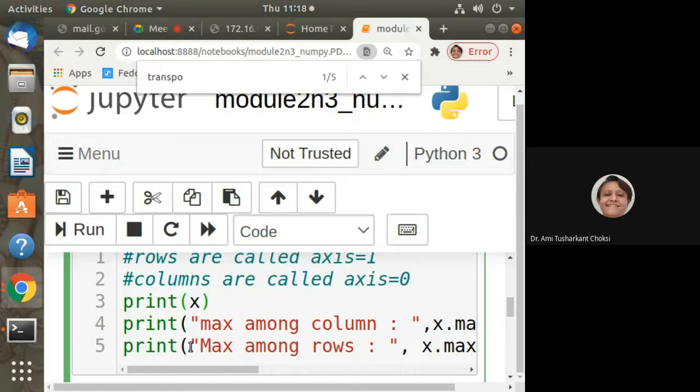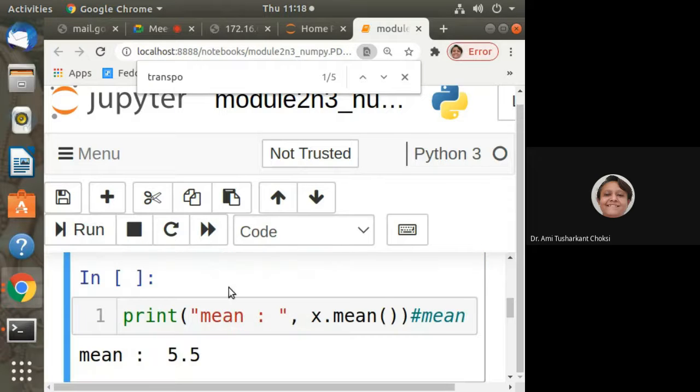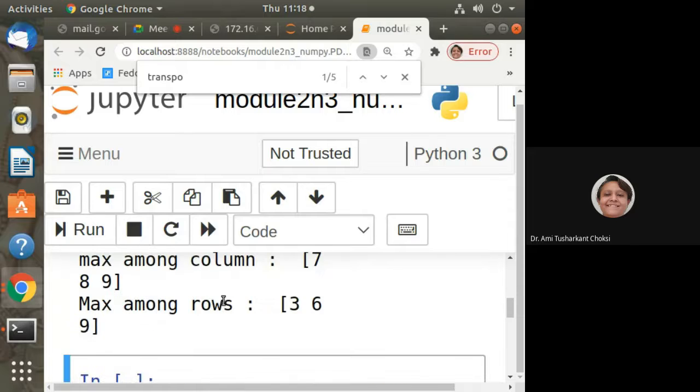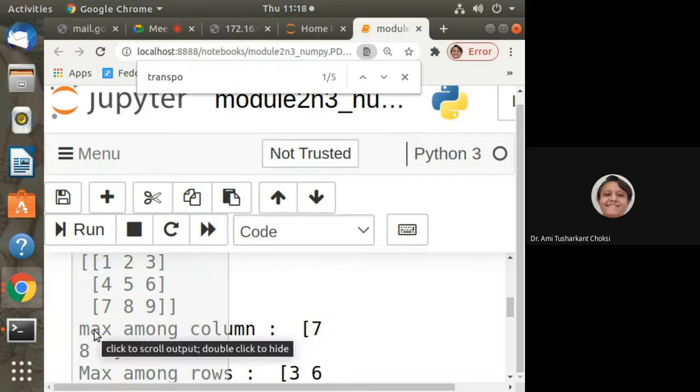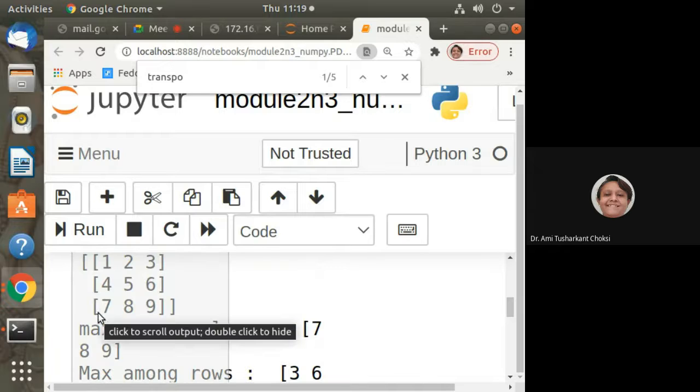Now what we want is the maximum along the column, so axis is equal to 0, and for the maximum along the rows, we'll provide axis is equal to 1. We'll run this. Scroll up, do not forget that. The maximum along the column is 7, 8, 9.